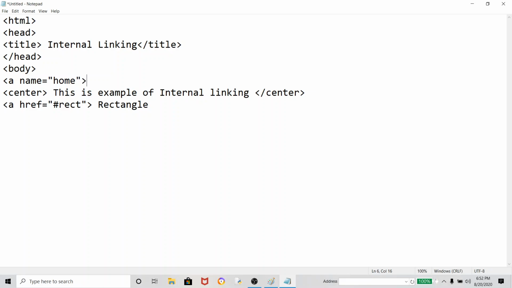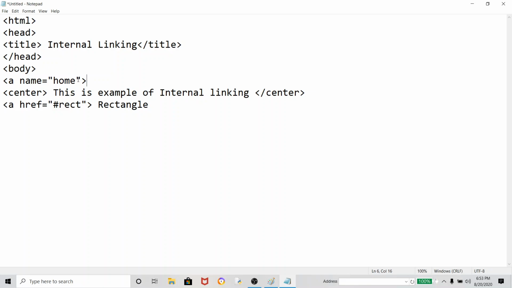And all this information is being displayed under home. Look here, I have defined name equal to home, that means I am giving one bookmark. All this information is inside the home bookmark. So whenever the user clicks this link, the computer will bring you directly to the point from where home is displaying. My dear students, I think you understand. Once more, if you have to give the bookmark, you have to define it by name. If you are confused about the bookmark, please understand, if you want to give the link of any information, from that point you have to define name equal to the link of that information.